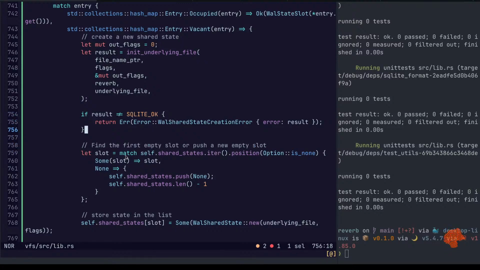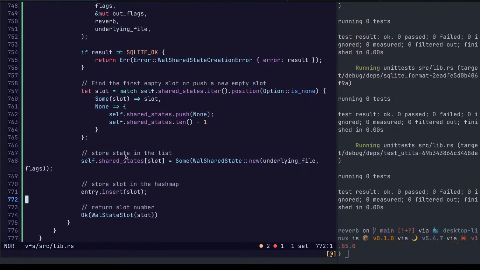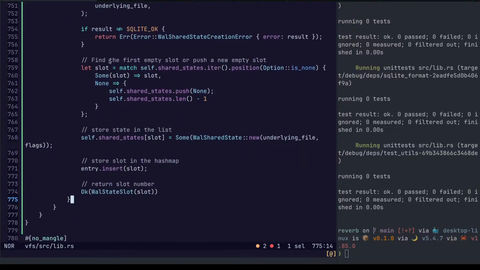So bail early if we can't make it. Otherwise, find the first empty position. Save the rest.